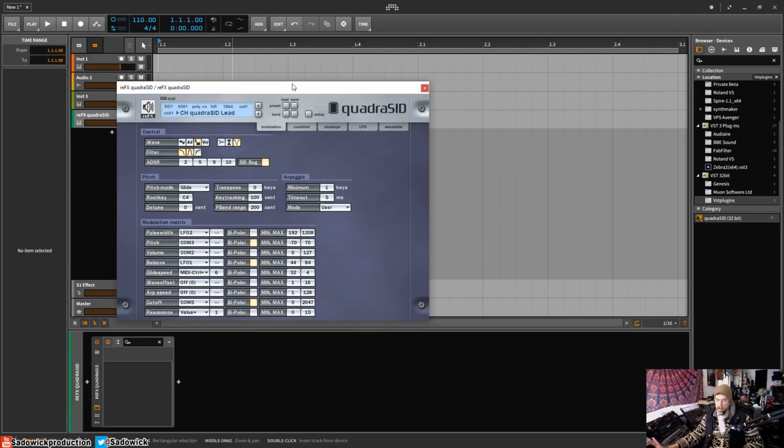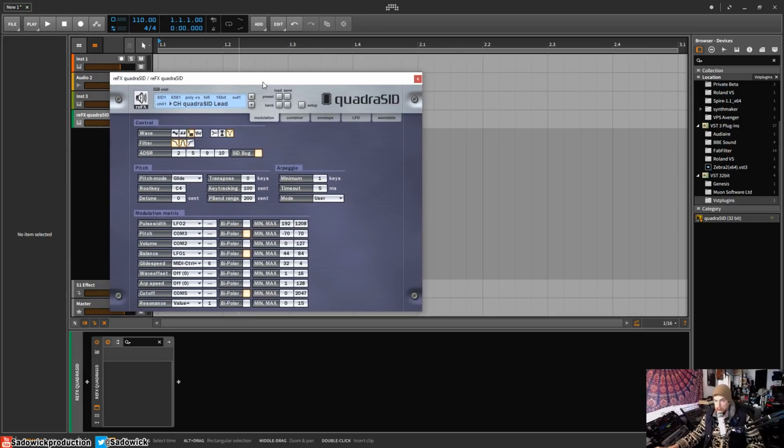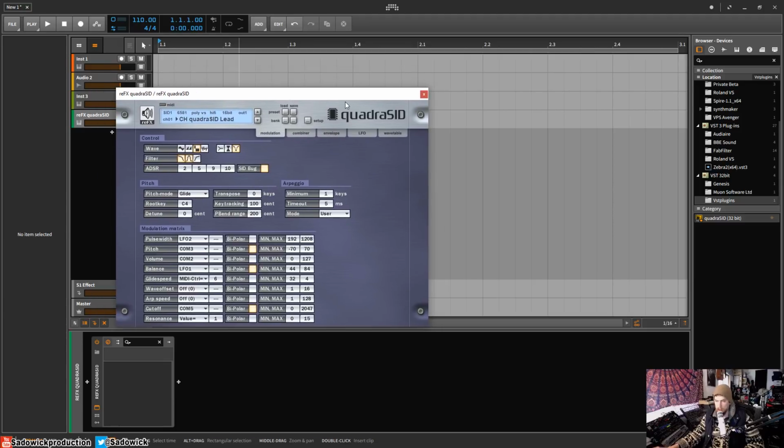This is an emulation of the sound that would come out of a computer in the 80s called a Commodore 64. And the chip that produced all the sound was a SID chip, which is like a mini synthesizer sound processor on a chip. It's quite primitive by today's standards, but at the time it was very advanced. And ReFX released a plugin version of the SID chip emulation, and it's since been discontinued